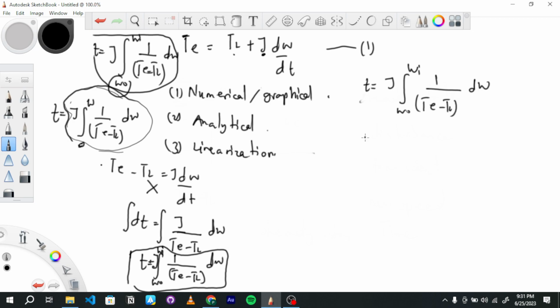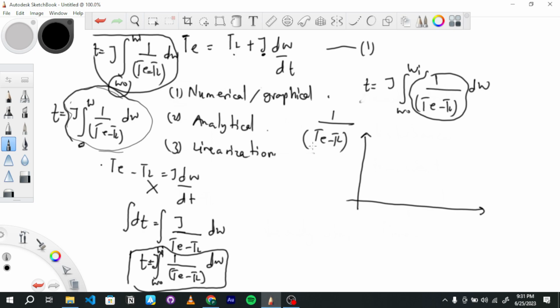Now what it means is that if I'm able to plot a graph of this function here, 1 over TE minus TL against speed, and I find the area under the curve here,